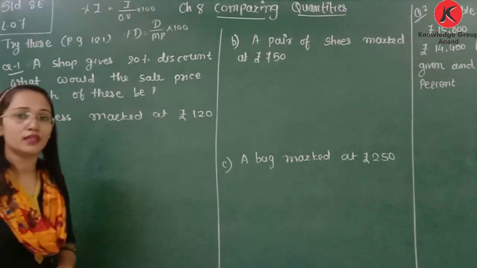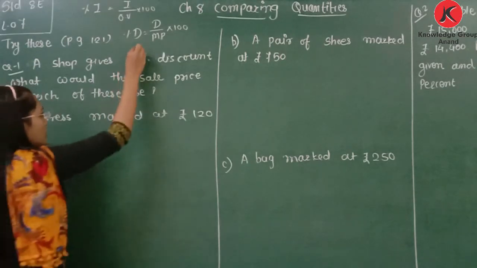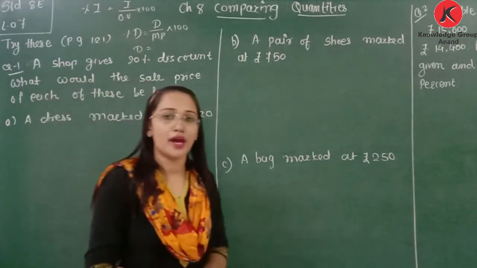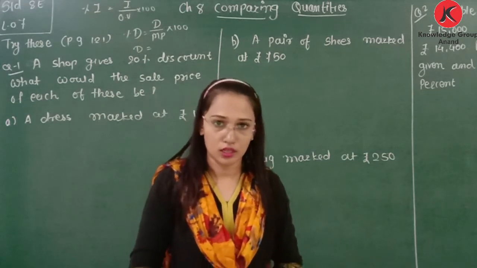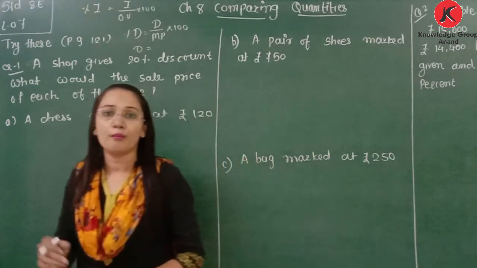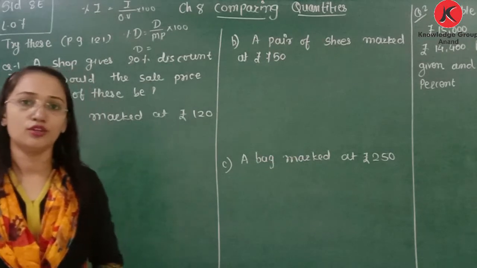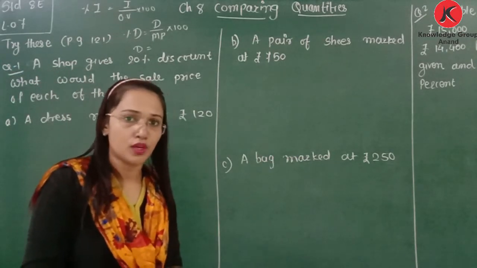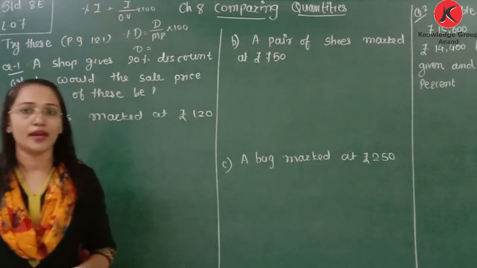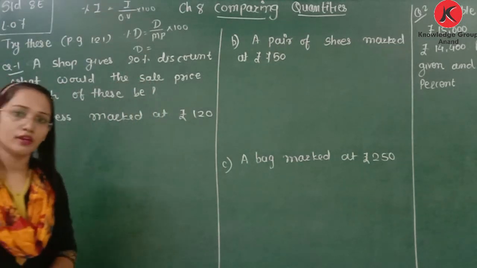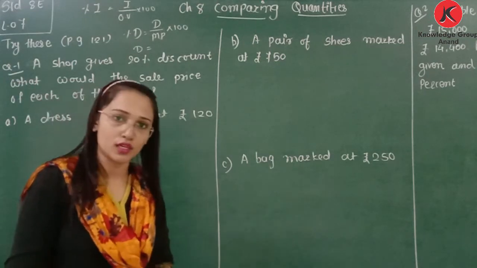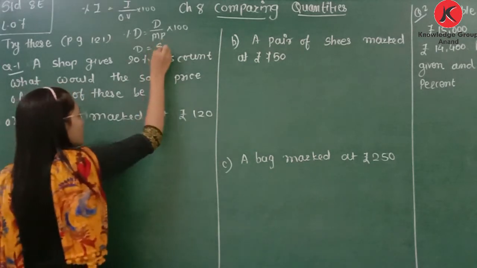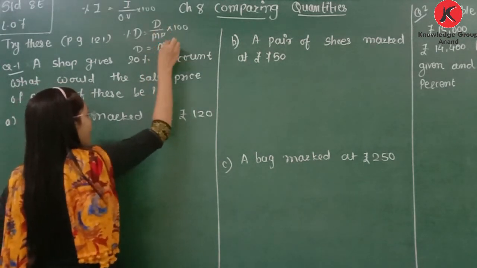Now if you want to find the discount in rupees, discount in rupees is equal to what? Now if we have marked price on an item is 120. If any item is marked for 120 and you get the discount, after discount you pay only 100 rupees. Marked price is 120 and after selling you pay 100 rupees. So what is the discount? That is 20 rupees. So this value is called the discount in rupees. So that is what? Marked price minus selling price.